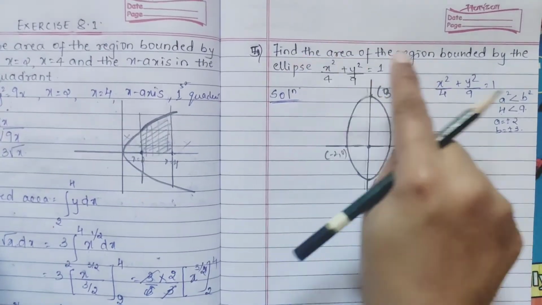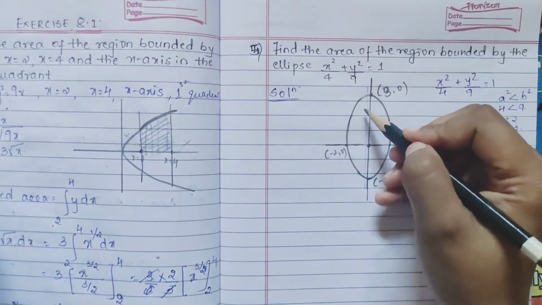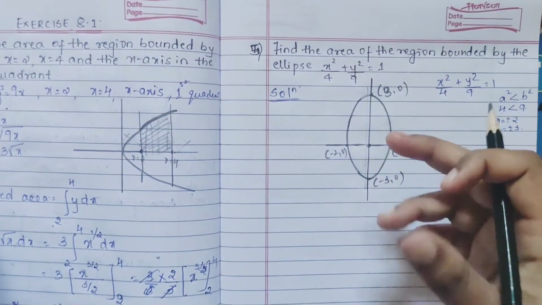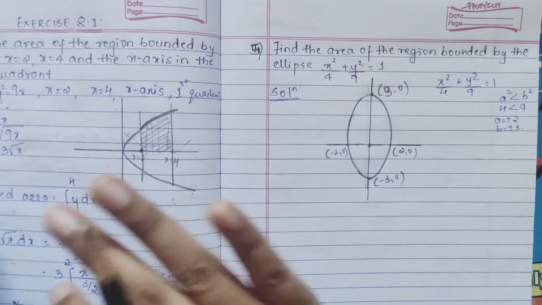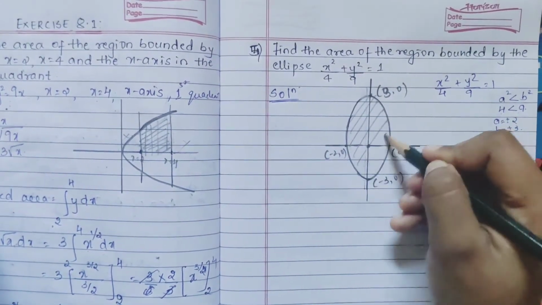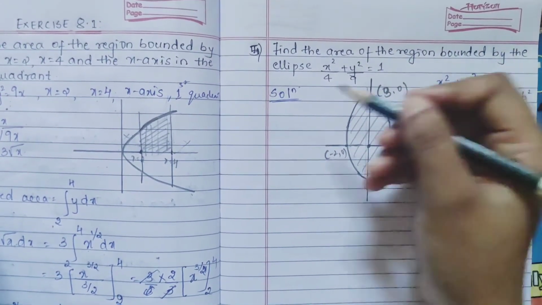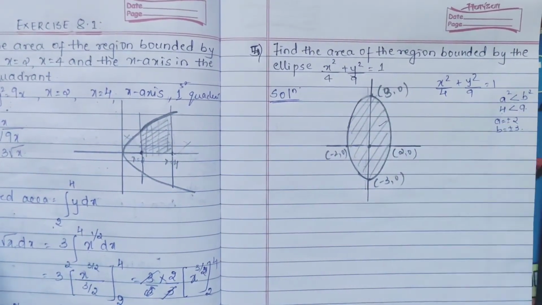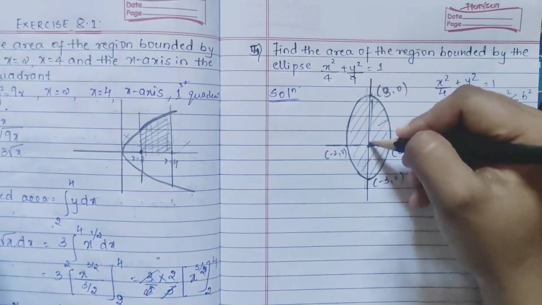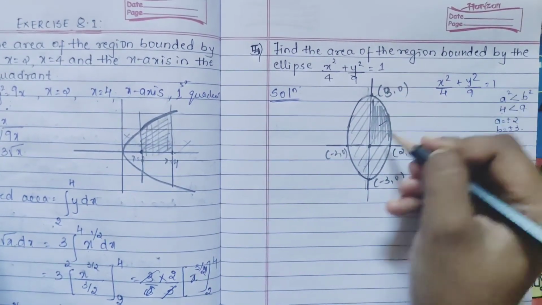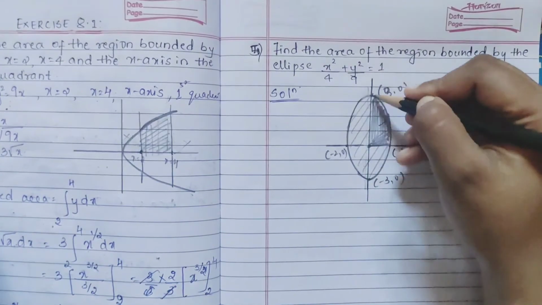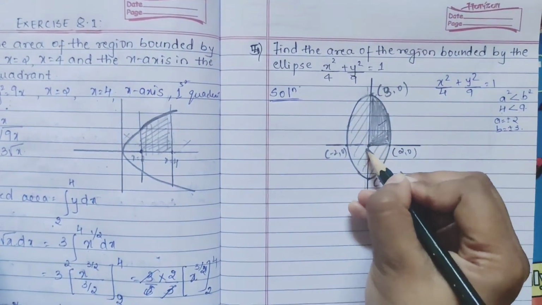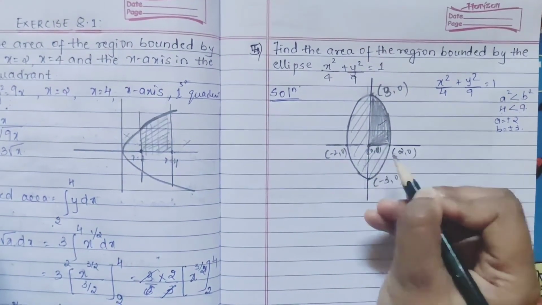Now they are asking you to find the area bounded by this. So see, as you can see, they are symmetrical, they are equal. So any one part we will consider and we will multiply it by 4, as I have shown you in your example also. They have said full ellipse, area of the region bounded by the ellipse, so everything is bounded only. We will consider one part. Suppose we consider our upper part, only this section. We will find the area of this multiplied by 4. Okay, so it will be from how? From 0, this is origin 0, so your integral will be from 0 to 2.